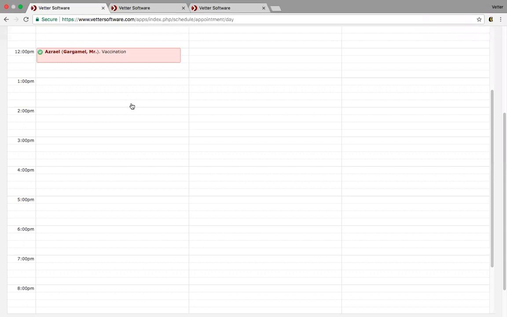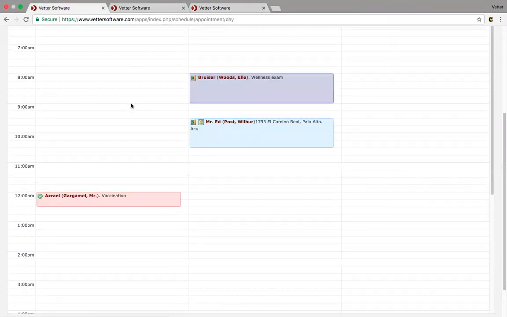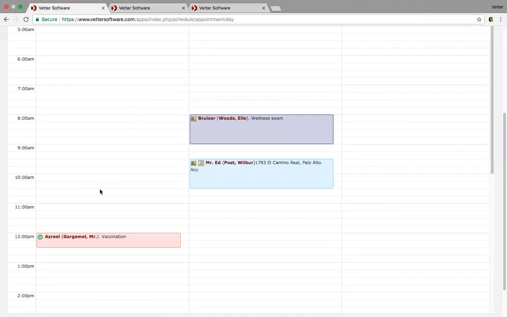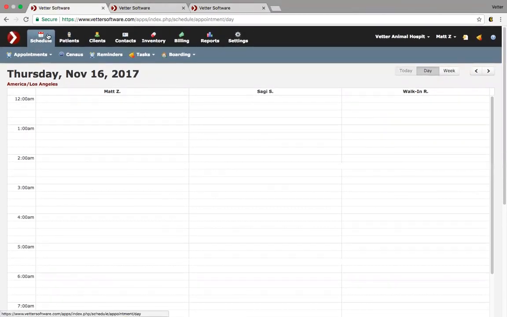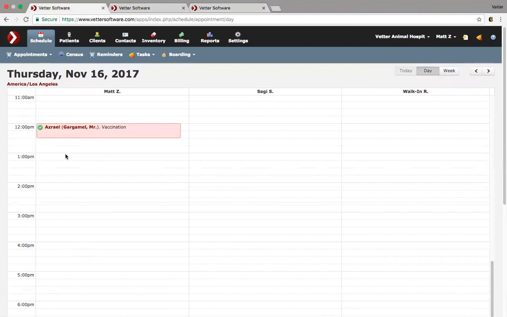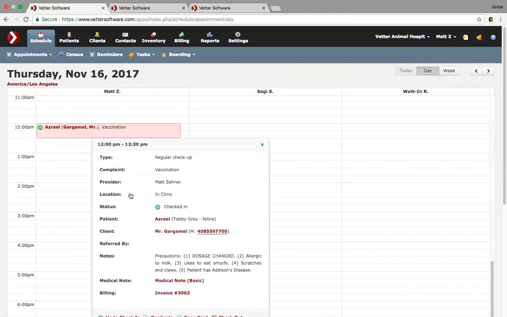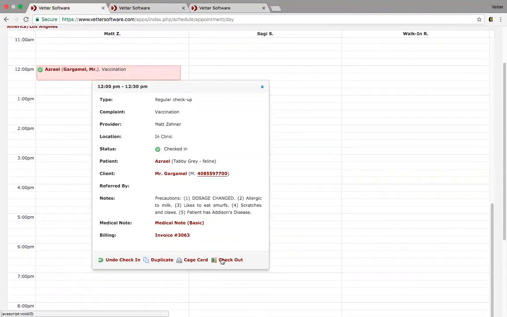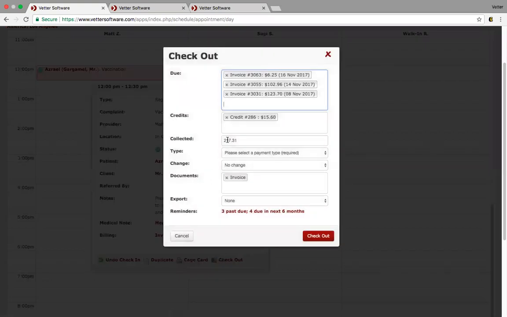But now we've added the checkout feature in two different spots. It's in the schedule and it's in the clinic census. And the advantage here is I can do everything at once. So if I come to here and hit checkout, one of the nice things is it's going to show